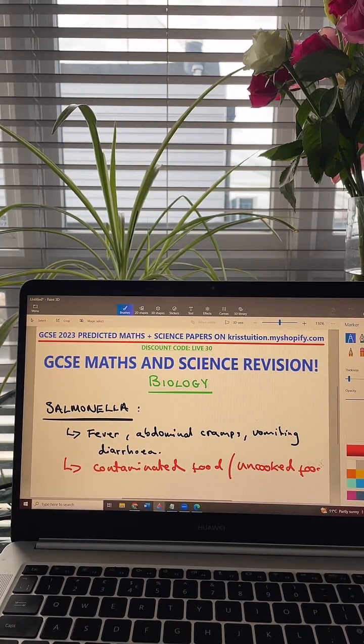Okay, so what I mean by uncooked food, obviously, is raw chicken. If I'm saying contaminated food, I mean, I don't know, if I cut up some chicken on a cutting board, then I make a salad on that same cutting board without cleaning it, then that salad will be contaminated with the salmonella. Yeah, loss of minerals, vitamins, and so on. Absolutely. You can also sometimes find salmonella in eggs that aren't cooked.